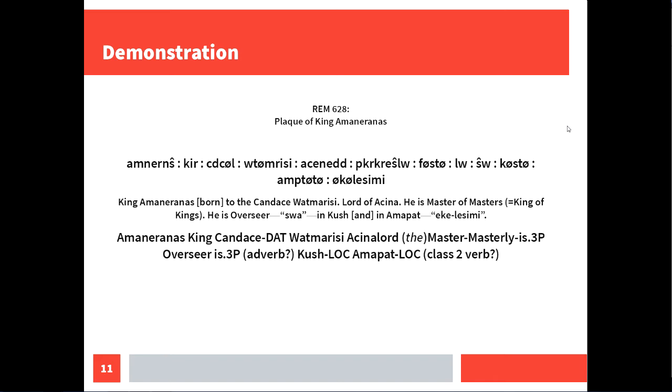That's what would best befit the translation. And of course, two toponyms with the Meroitic locative suffix, T soft vowel. There is actually a vowel, the locative suffix isn't just the letter T. In Kush and Amapat. And the last word